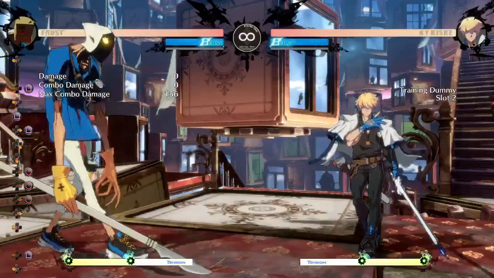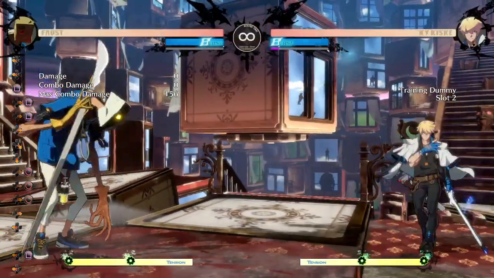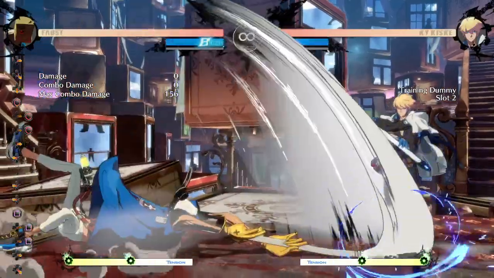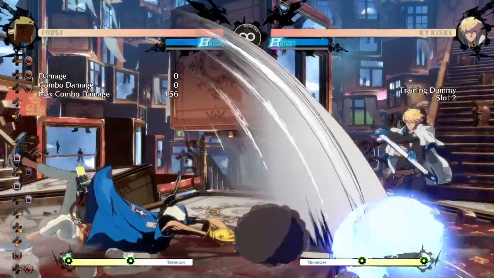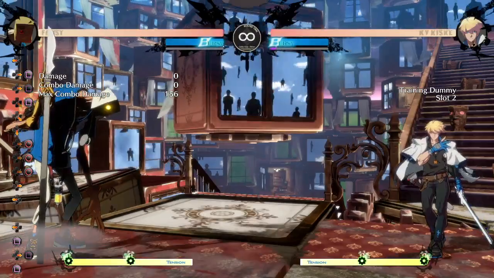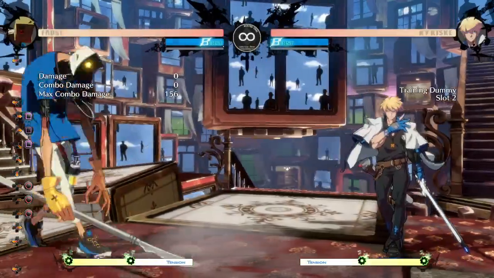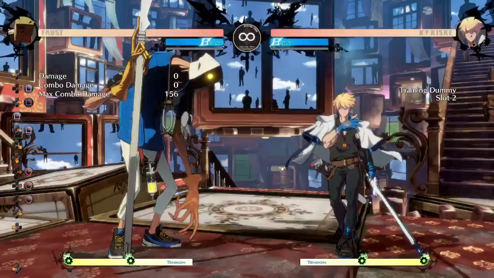Item toss here is already good, and if they're 6B'ing anyway, like if they're auto 6B'ing on block, then item toss is just safe. You guys will recover about the same time, depending on the opponent's 6B. Maybe you'll even be plus. Okay, so that's generally what you do with